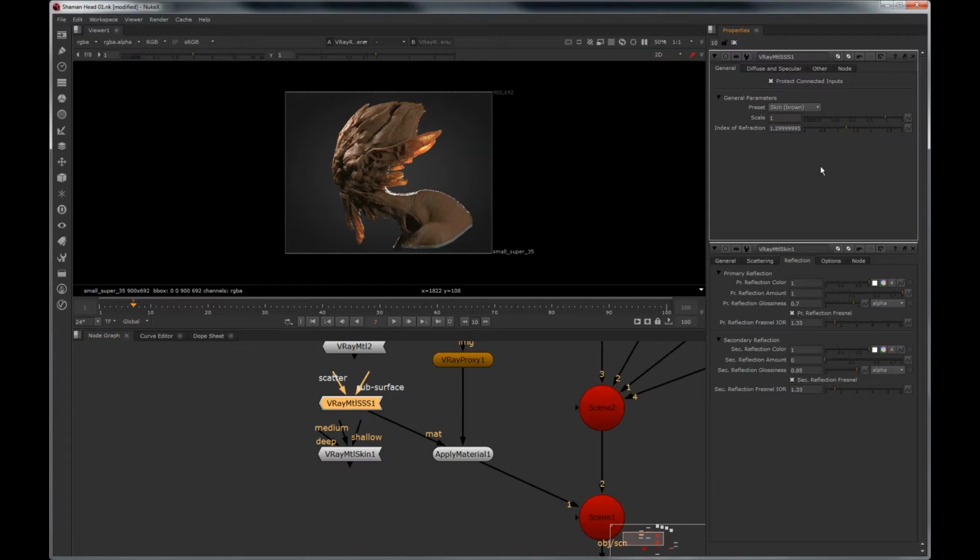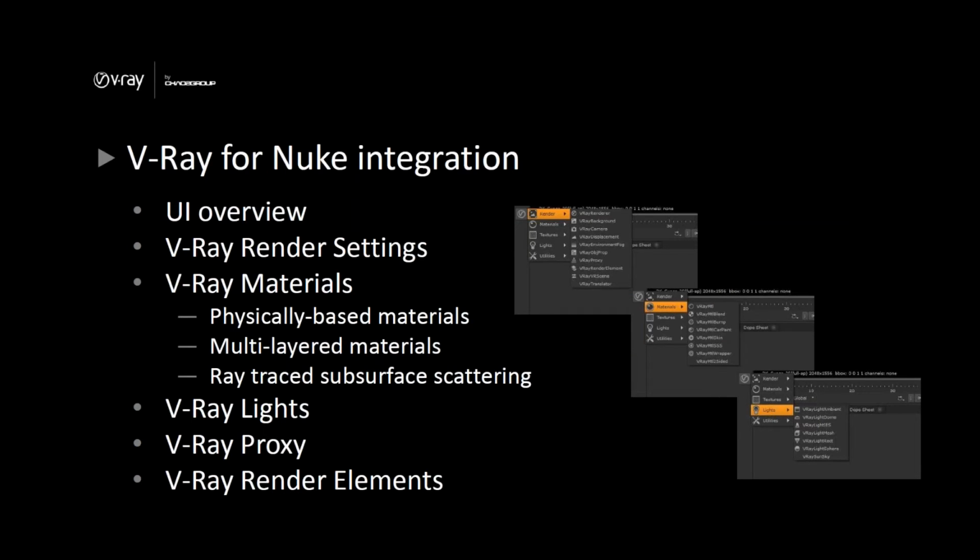So this was the subsurface ray trace subsurface scatter inside of Nuke. And now I'm going back to my presentation, and I have talked about all these bullet points over here,